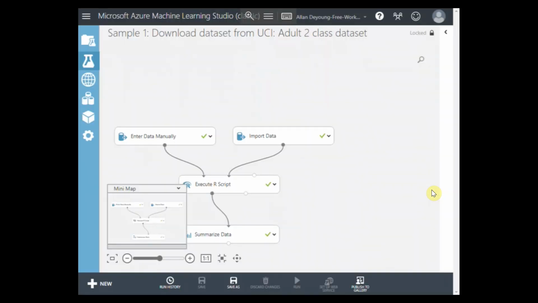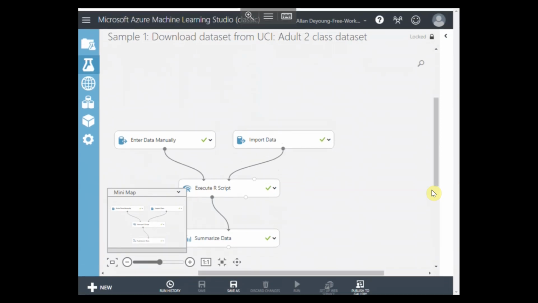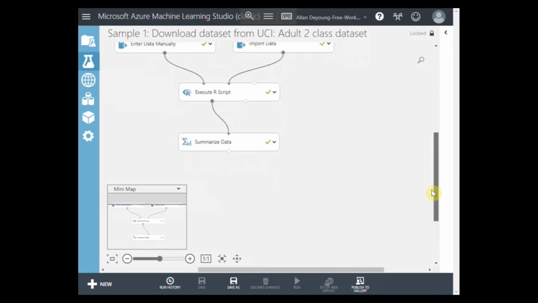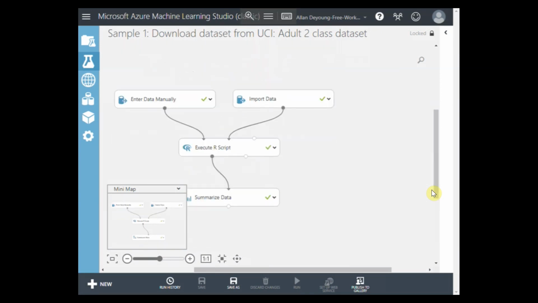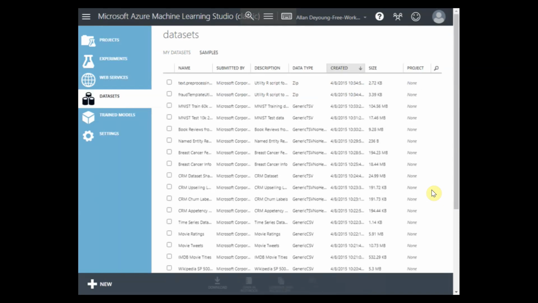Then there is Azure Machine Learning Studio. Here, I can use all the data that I've collected to build machine learning models, test them, and then even deploy them. There's a lot of material available here, including data sets that I may have loaded from my storage account or sample data sets.